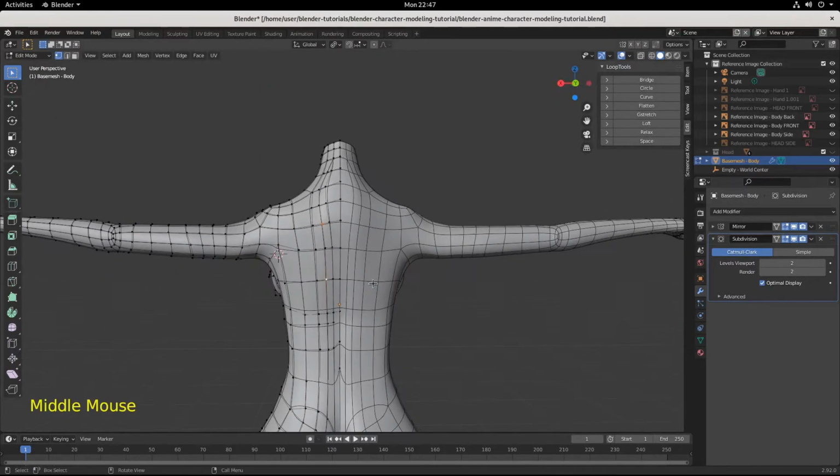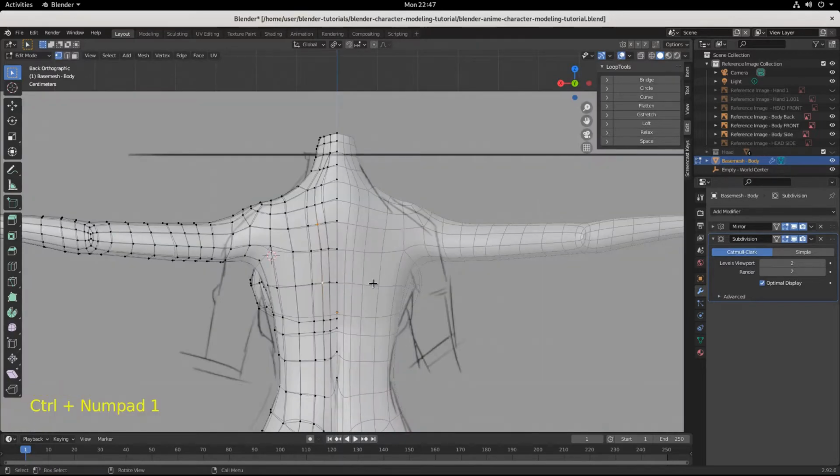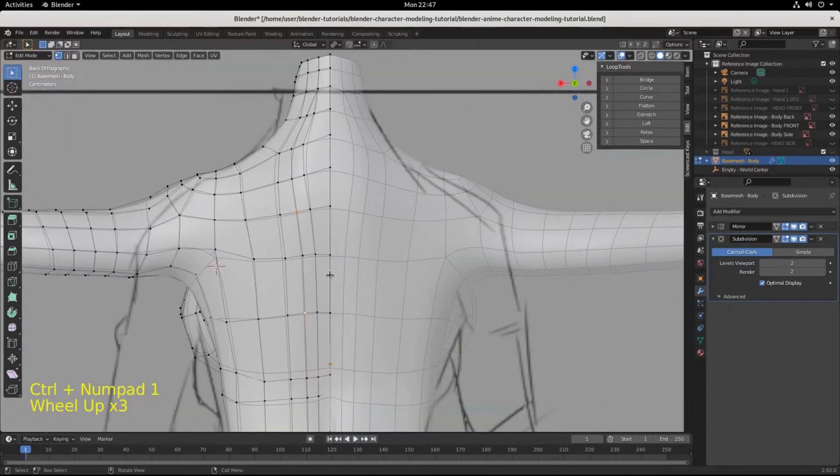We're going to dive right into it. Today, let's hit Control, Numpad 1, and jump into back view. We're going to build out the shoulder blade, okay? Now, shoulder blade is